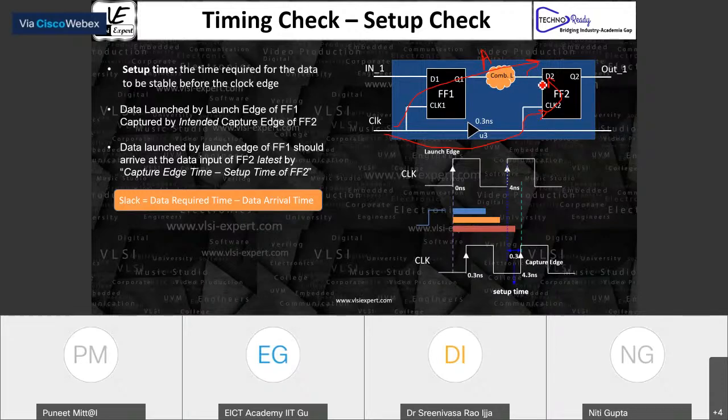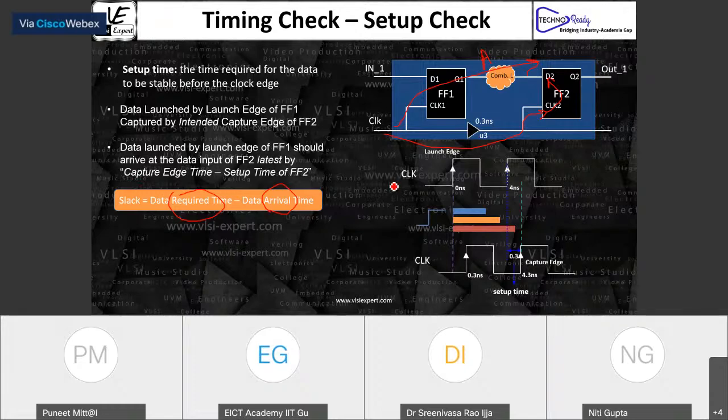Remember yesterday we discussed that the data should reach a certain time before the clock edge. So arrival time should be less than the required time. If we are going to calculate the setup slack, it is going to be required minus arrival. So remember, required is going to be greater than the arrival, and that's the reason we are talking about the setup slack.